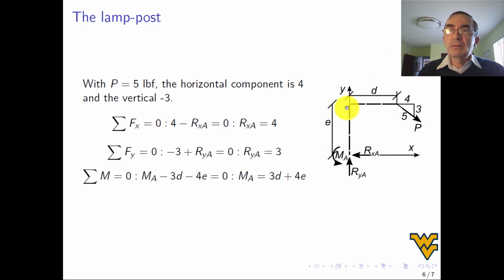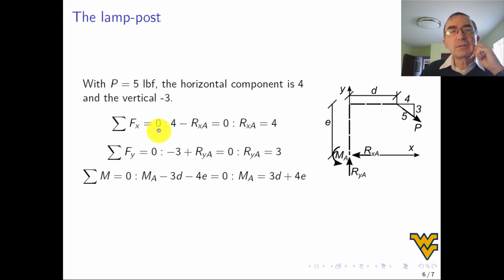So you see I kept the top of the structure up to point A, and I put internal forces MA and R sub Y at A without worrying about the convention, okay? And so now I put these forces, and then RXA will be in the horizontal direction as well. Then I choose a coordinate system. In this case, I choose to put the X here and the Y like that, all right? And I have the dimensions, and I have the forces, and this force is 5 with components 4 and 3, okay? So I do the same as I did before.